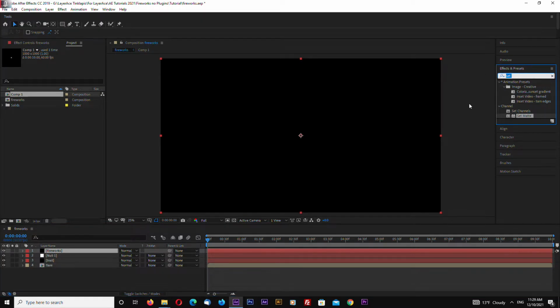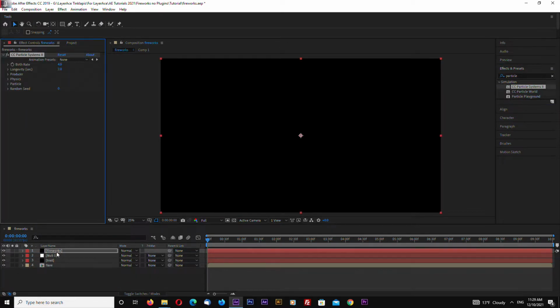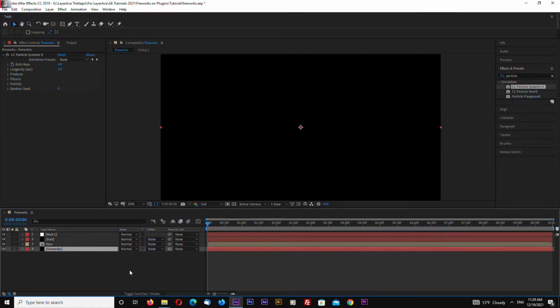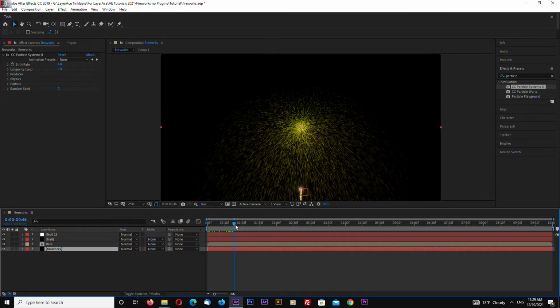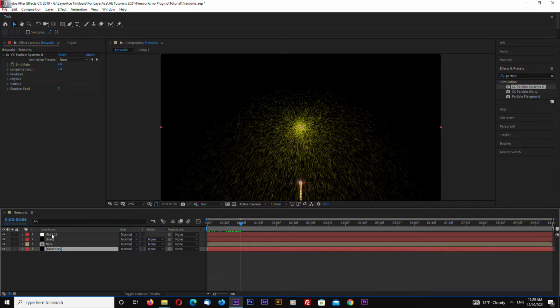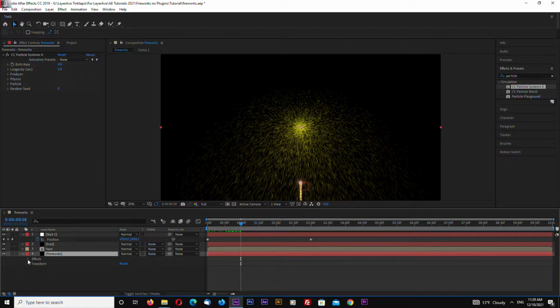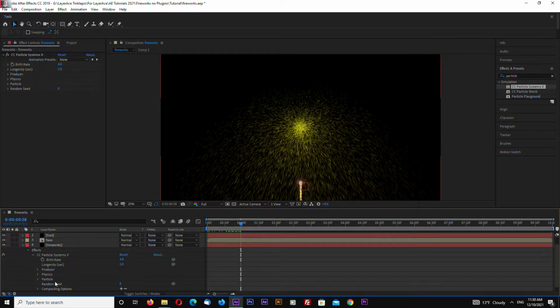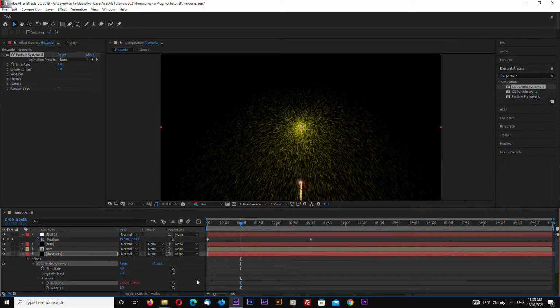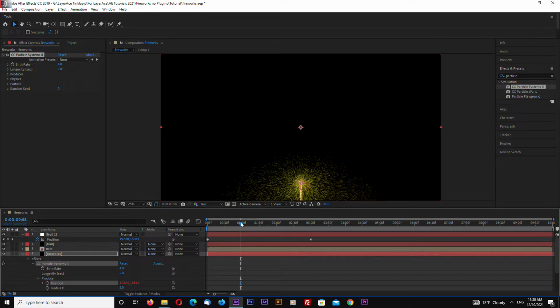Go to effects and presets and select particle systems and drop it on the fireworks solid. Hit P on the null object and also go to particle systems, producer and position and drag with the pick whip to the null position. Okay,